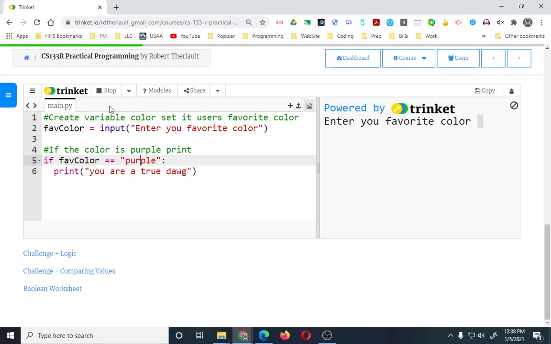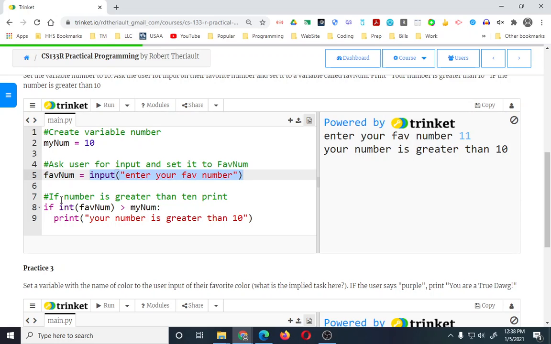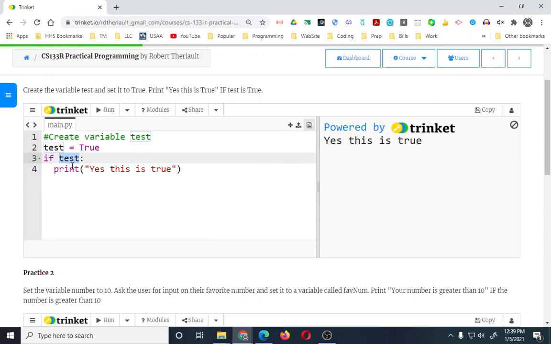Purple, I love it. Purple with a capital P, and enter, is not the same. Purple does not equal purple. This statement is false. And that's kind of how our basics work, right? The Boolean concept. This is Boolean and it's false. This is Boolean, and it depends on what they enter into that one. This is also Boolean. And the if statement is if whatever you are comparing, evaluating, colon, indentation, if it's true,